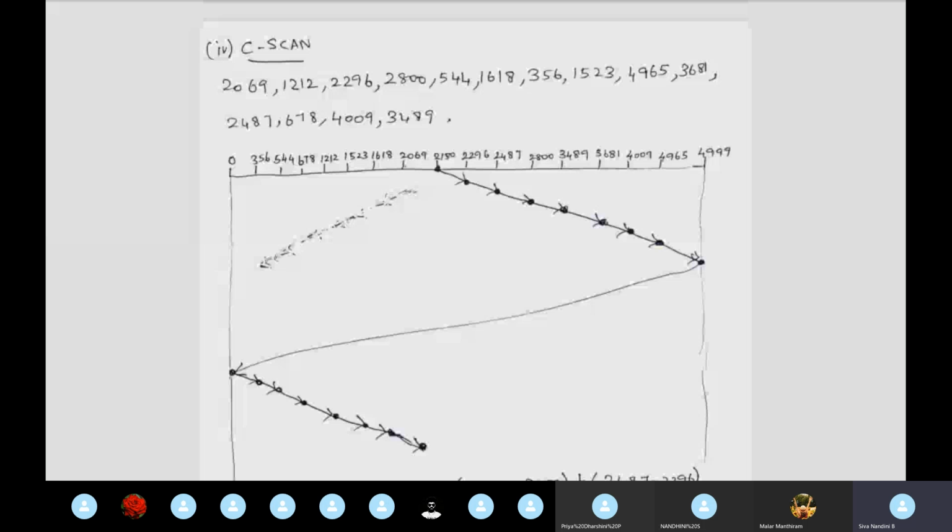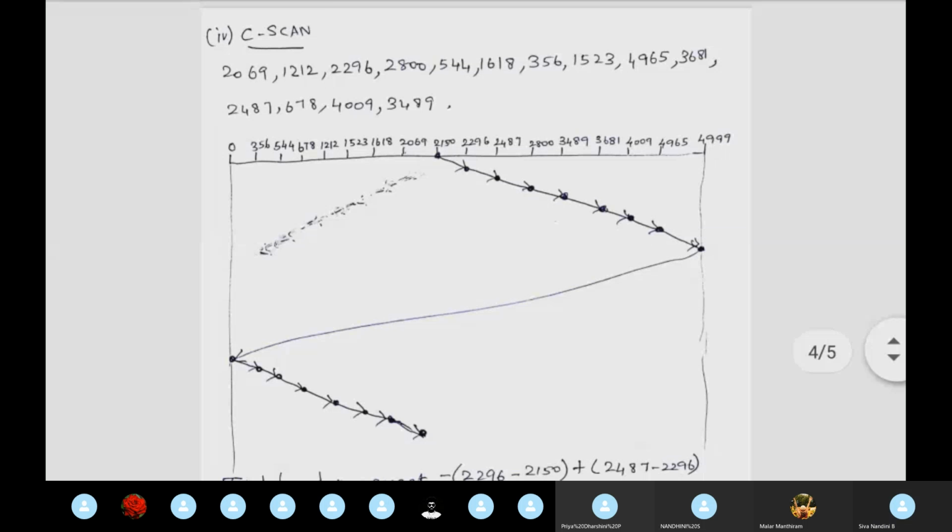So if there is a request, that request will be processed. Up to where we are having the request, up to that we'll be having the disk head movement also. So the C-scan will go until we process the last request. So I'm repeating again, C-scan goes in increasing order, that is towards the last disk cylinder. And after that, from the last cylinder, it immediately goes to 0. It doesn't process any request in between. After 0 only it will be servicing the request. Okay, clear about the C-scan?